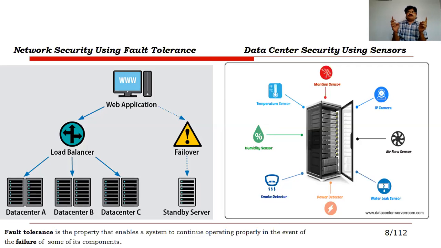If another person enters the data center, the motion sensor will capture the person within a particular radius, and it will send an alert to the authorized person. The authorized person will take the necessary action. So based on the sensors, motion sensors and temperature sensors,